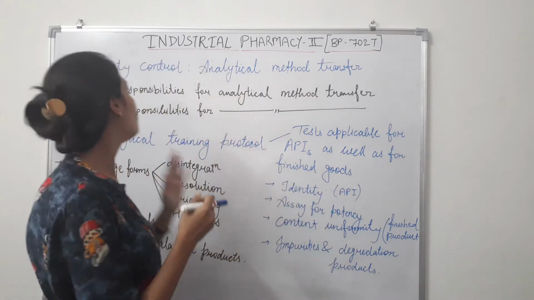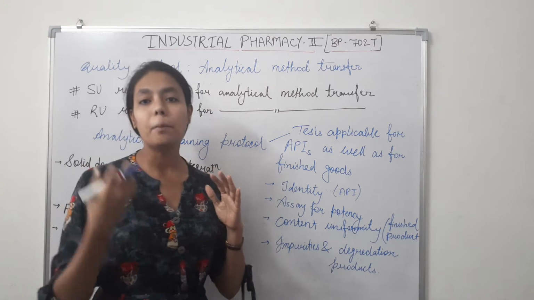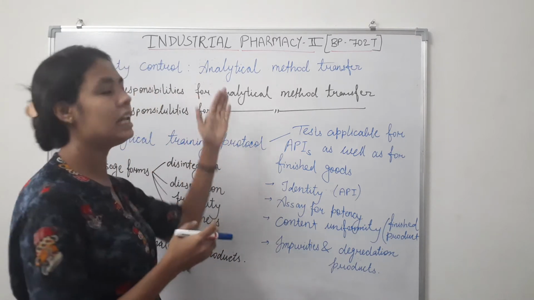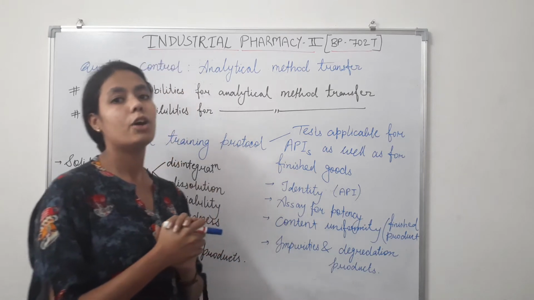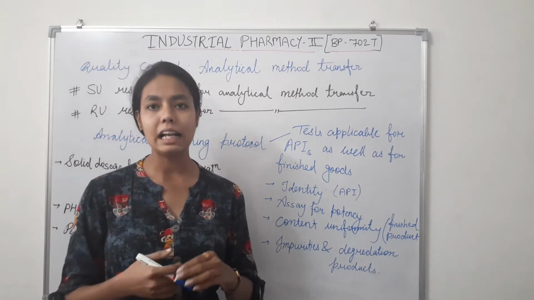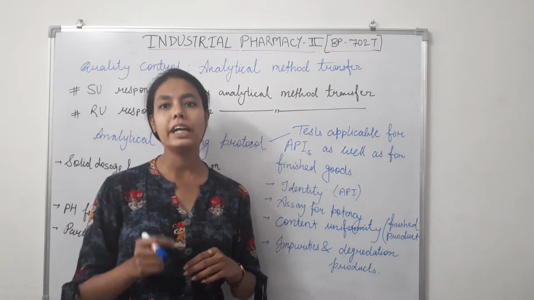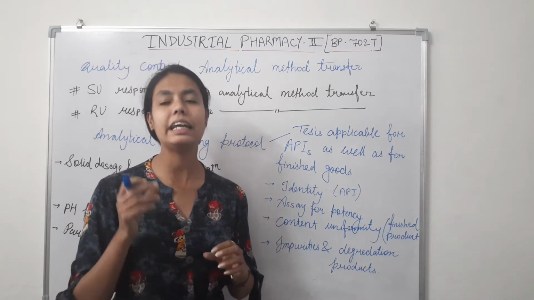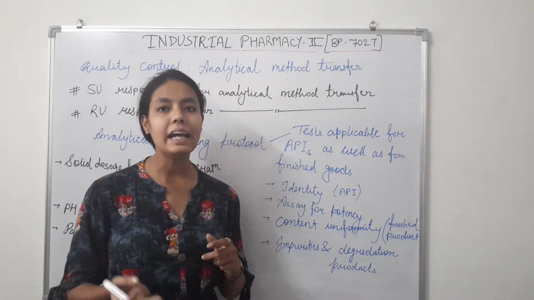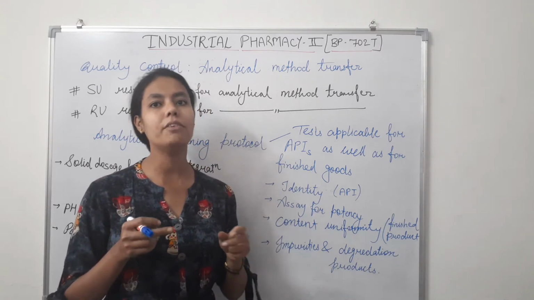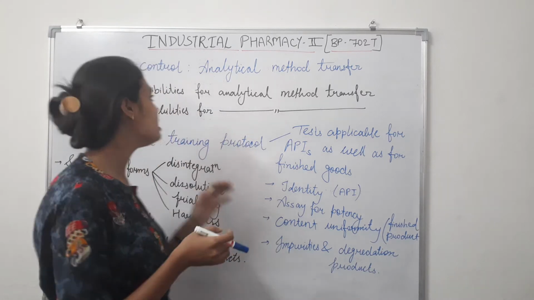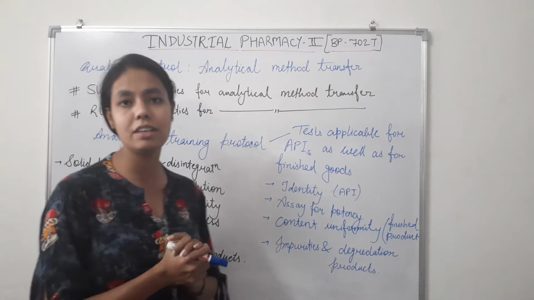After the successful completion of the production transfer, there is a need for the analytical method transfer for quality control purposes. Transfer of analytical method should accommodate all the analytical testing required to demonstrate compliance of the product to be transferred with the registered specification. So there are some guidelines for the sending unit and receiving unit.